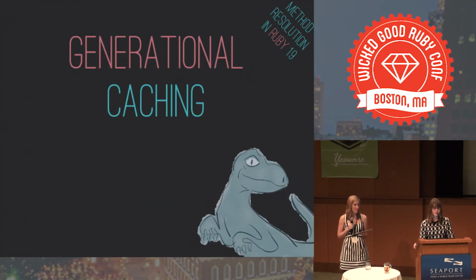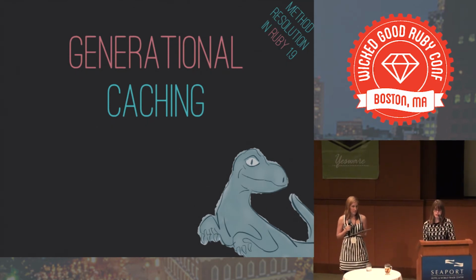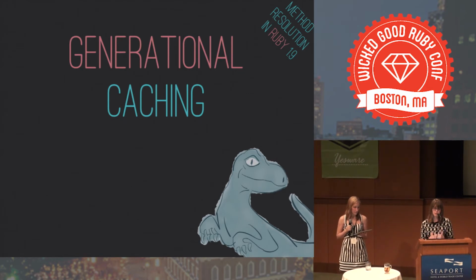And just as a side note, because this is kind of cool, I wanted to take a slide to talk about the caching style that's being used here. So Ruby is using a pattern called generational caching, and that means that Ruby is going to keep track of its program state, and when a method resolution is cached, the cache entry notes that generation. So some events that we're going to cover soon are going to spawn a new generation, meaning that the event changes the program in such a way that everything that was cached up to that point can no longer be